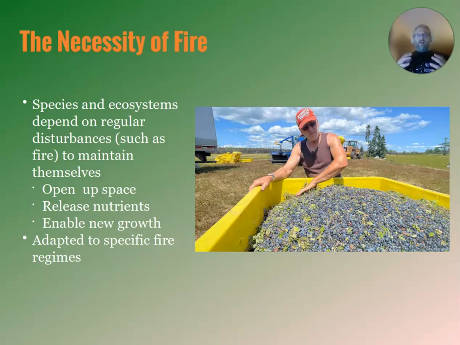And this is important because species and ecosystems depend on regular disturbances, such as fire, to maintain themselves. So this fire regime becomes an important part of the ecology of that area. So some of the key things that a disturbance like fire can do for an ecosystem are that they can